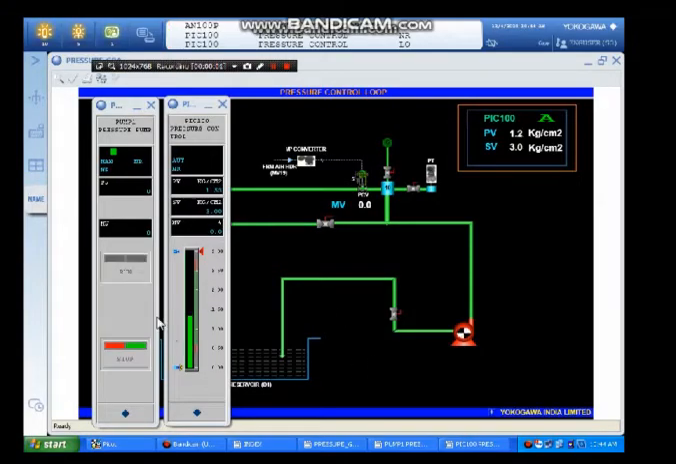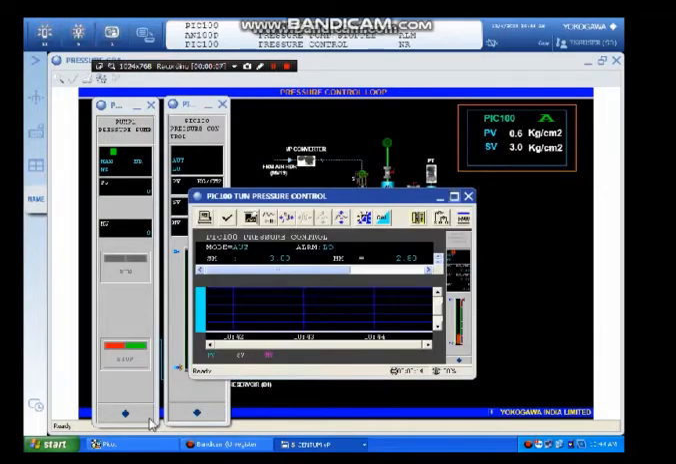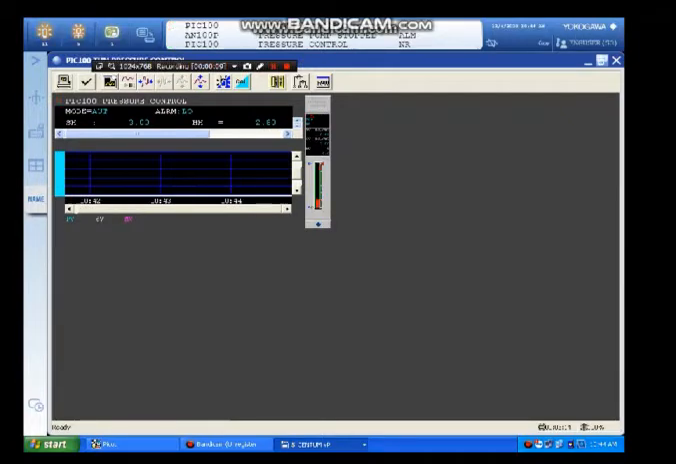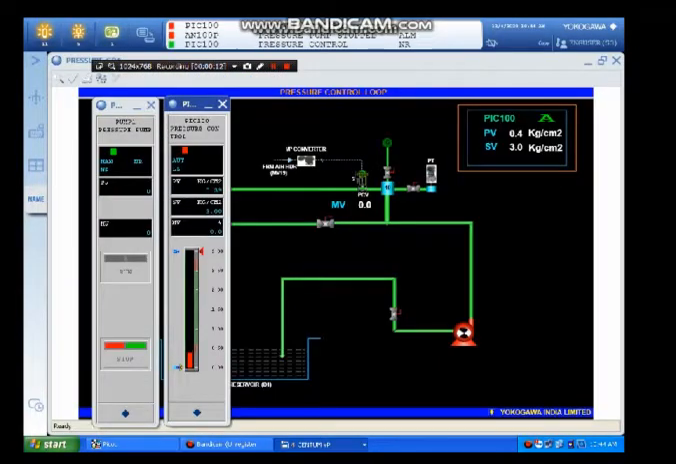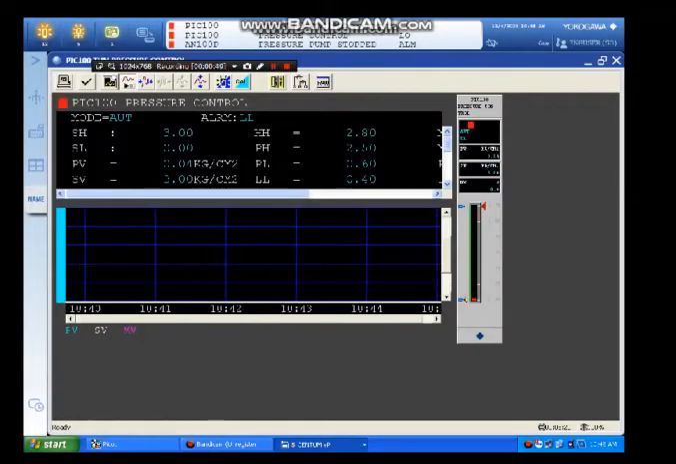So, you can see the pressure control operations going on in this process. You can also change the set point, and you can see we can change the tuning parameters this way. The tuning parameters like KP, KI, KD, everything can also be changed, and we can also take the data in an